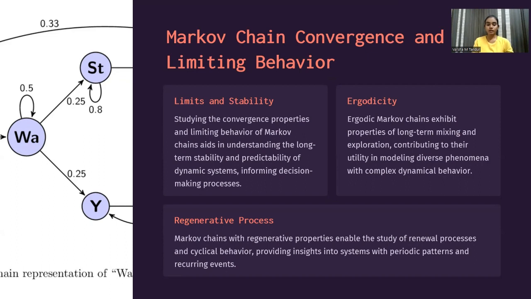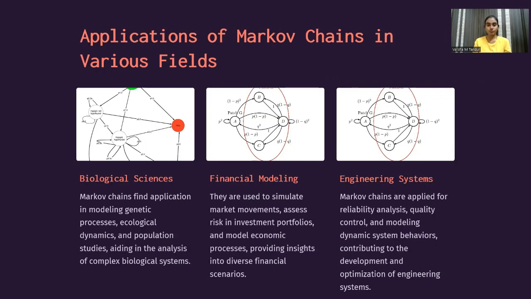and recurring events. We can find applications of Markov chains in various fields like biological sciences, financial modeling, and engineering systems. In biological sciences, we find application in modeling genetic processes, ecological dynamics, and population studies, aiding in the analysis